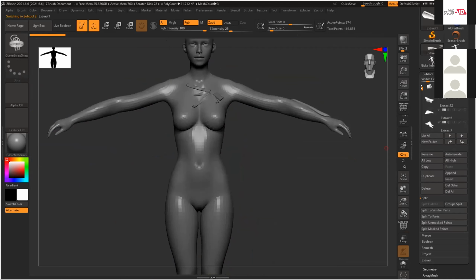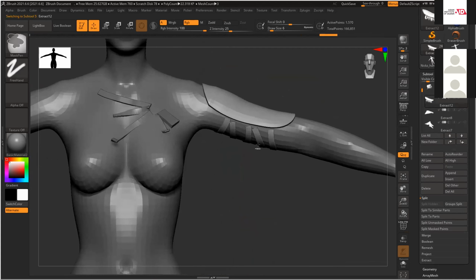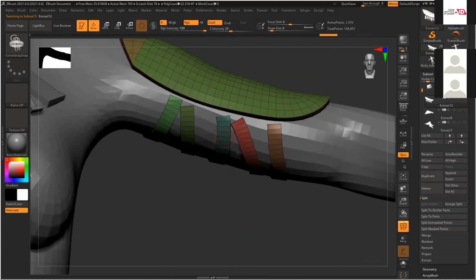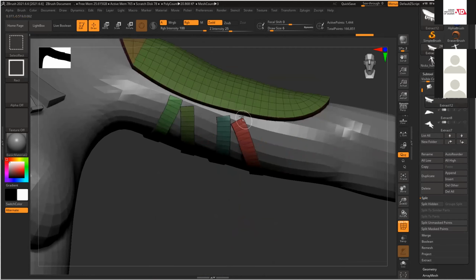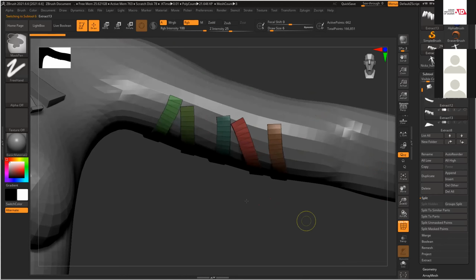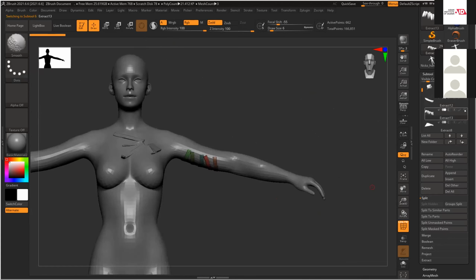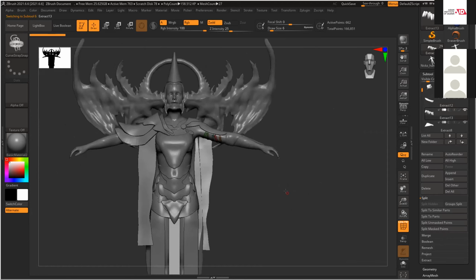Now for this, not this one, another one, this one. So this is together. I need to separate this here also, because I need to make all these things a nice continuation. So Control Shift, click on this one more time again, then click, hide it, split hidden, separated. Shift-click on the eye, everything will be visible now.